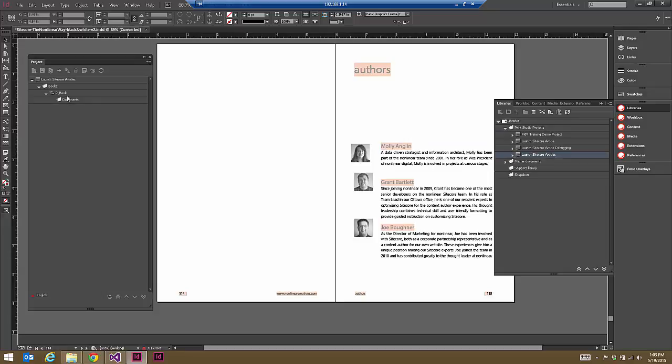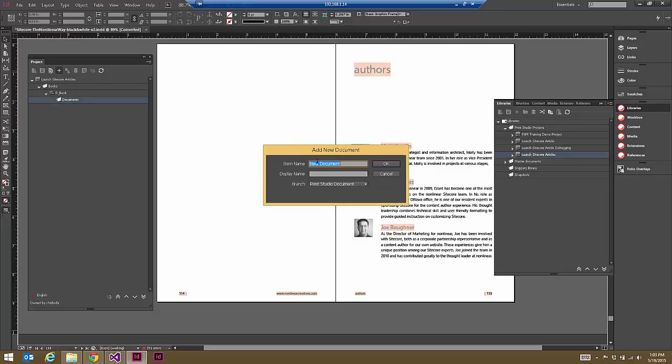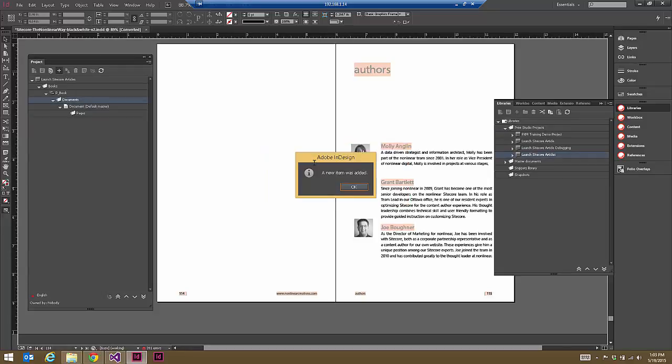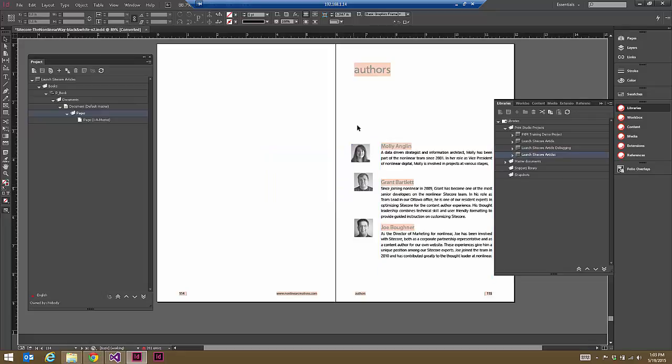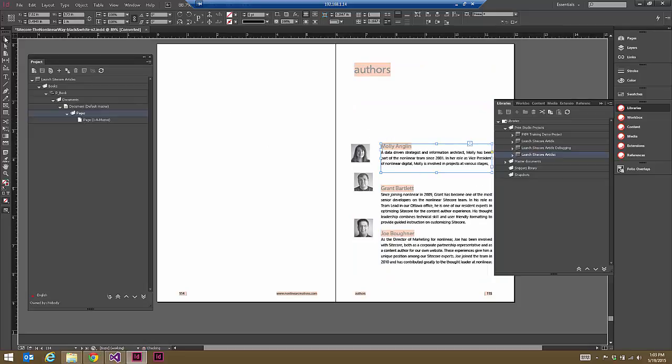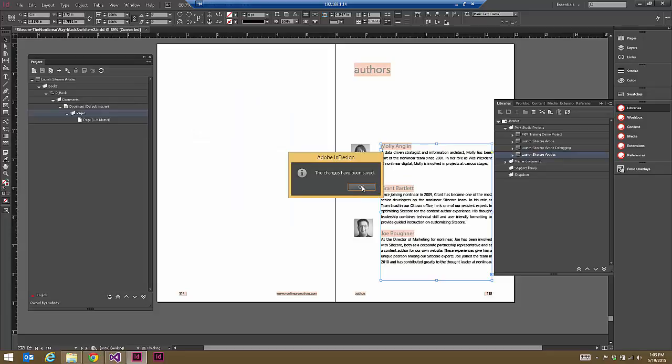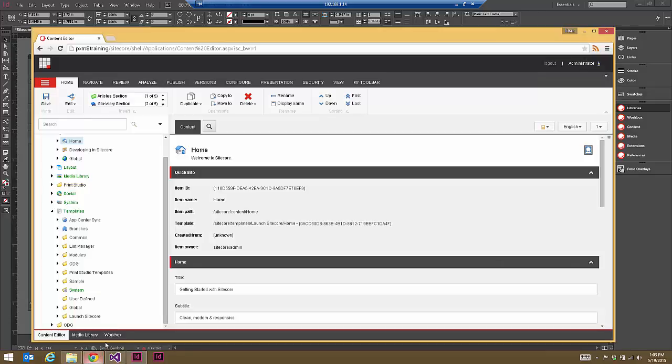And I will drag and drop that, create a new document, and create a new page. And then I will select all of these elements and drag and drop that to my page. And you can see here that this text frame was created and I have a text item within that. And if I go to Sitecore